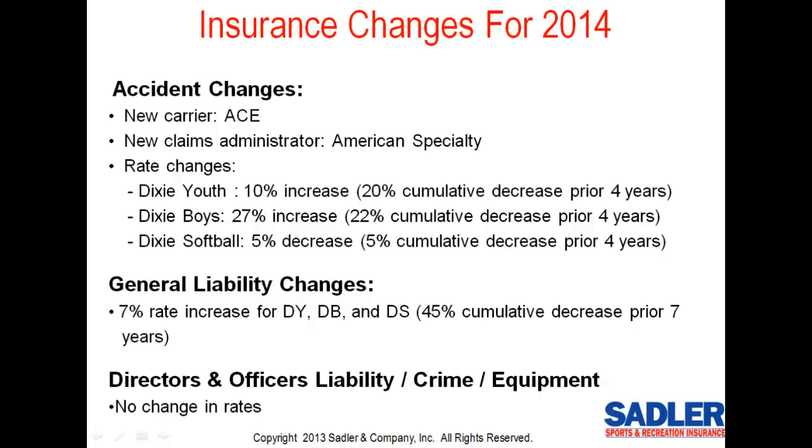The rates for Dixie Boys will increase by 27%, but the cumulative rate decreases over the past 4 years have totaled 22%. The rates for Dixie Softball will decrease by 5%, and the cumulative rate decreases over the past 4 years have totaled 5%. Under the general liability policy, there will be a 7% rate increase, which is consistent with